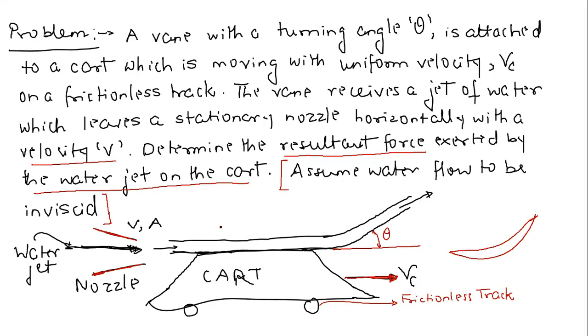So let us say I consider 2 points, 1 point here, 1 point here. And if I try to find out the momentum at this point and the momentum at this point, will the momentum remain the same at these 2 points? So what do you think? Definitely the momentum is going to change. And why is it going to change? Can anyone guess?